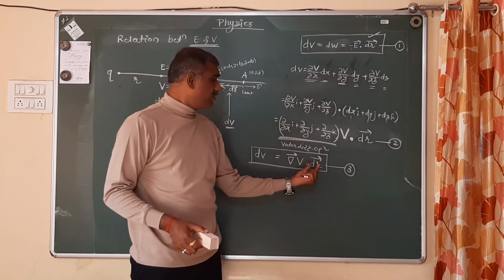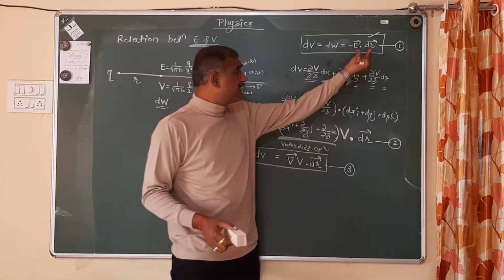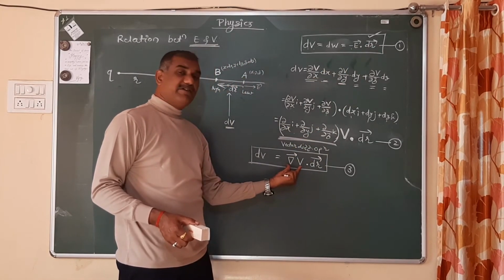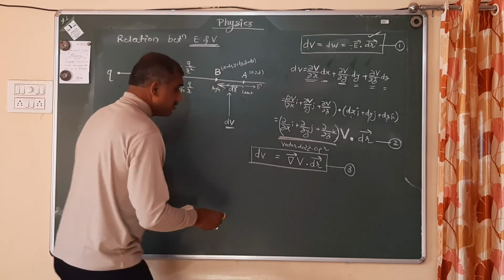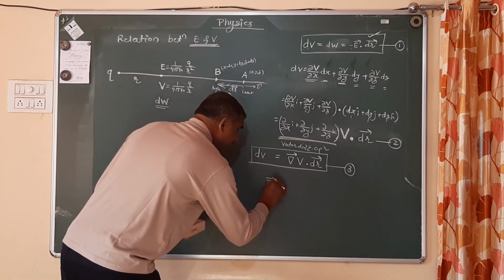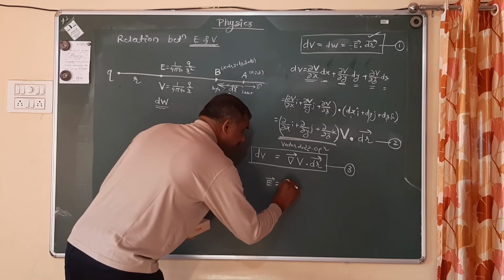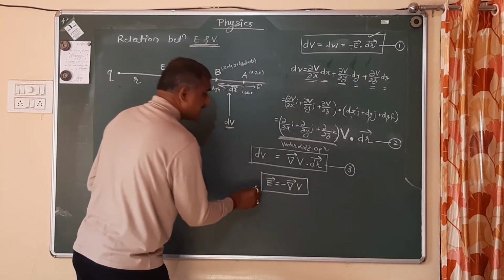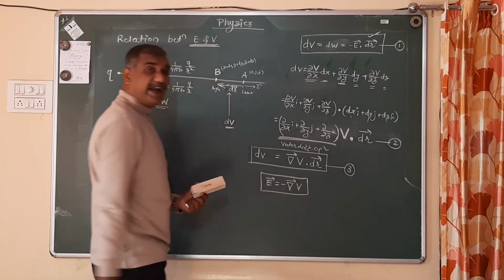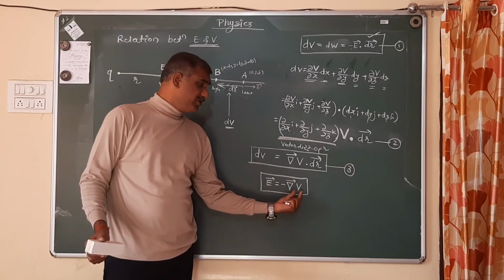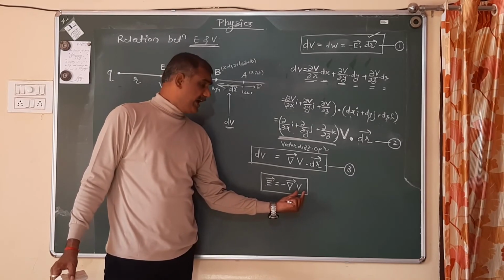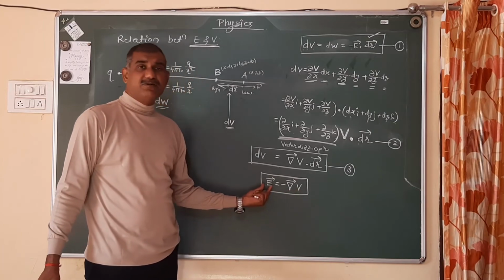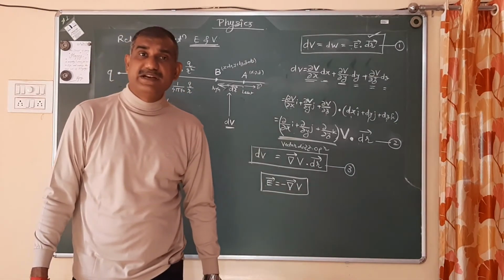On the right hand side, look at this term: there is a presence of vector dr. Minus vector E is exactly compared with the gradient of V, and that's why you can write vector E is exactly equal to negative gradient of potential. This gives you the relation between electric field intensity and electric potential. That means if we know the value of electric potential at any point in space, by putting that scalar quantity you can easily find out the vector, and that is the electric field intensity.